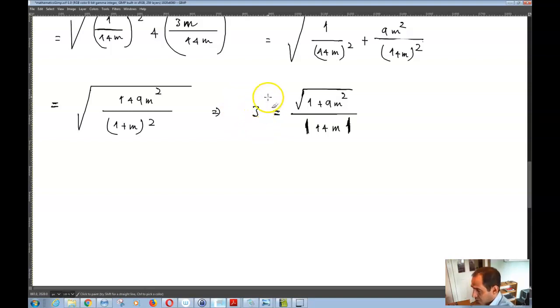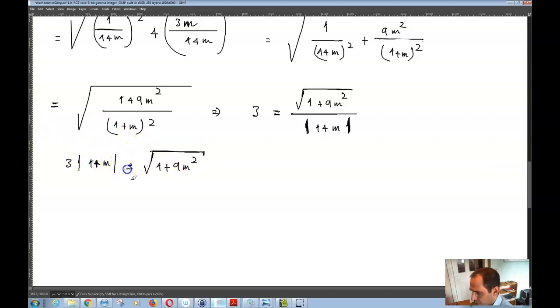And so it's easy to solve this equation, meaning that I can cross multiply: 3 times the absolute value of 1 plus m is equal to the square root of 1 plus 9m squared, and then I can